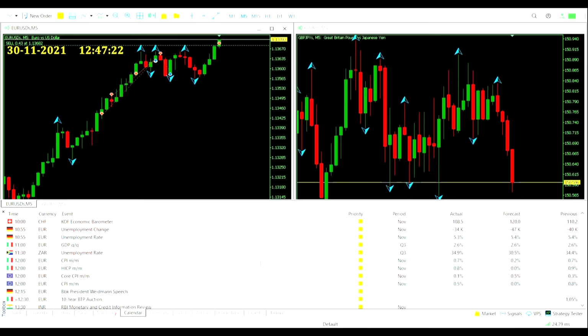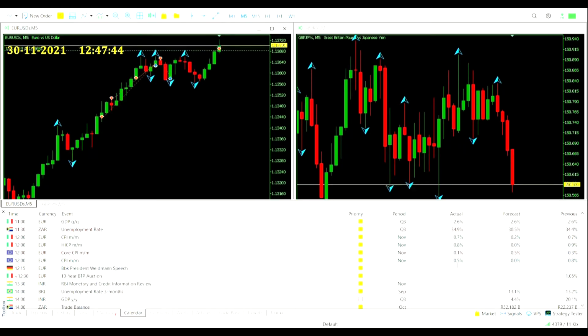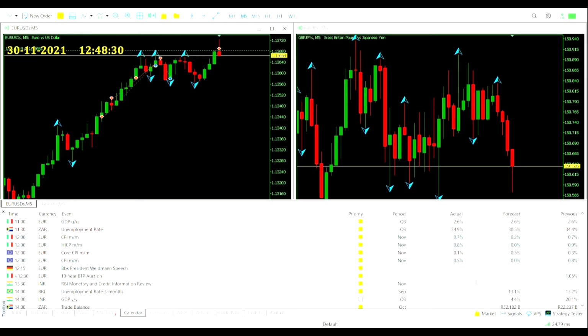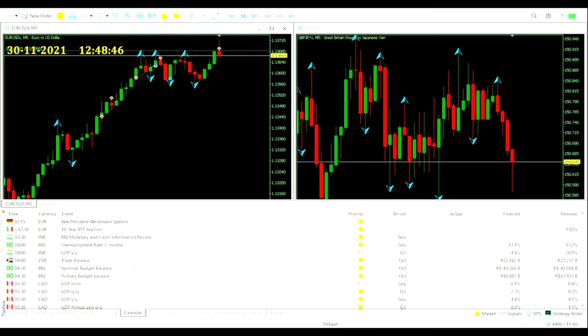CPI month on month from Italy, yeah, it did come in hot, 0.7% actual against 0.2% forecast. Not much of a surprise there. And the CPI month on month from the Eurozone, that was 0.5% actual against the flat forecast 0.0%. So a miss there for Italy and a miss for the Eurozone. Core CPI in the Eurozone month on month, that was 0.1% against 0.5%. So possibly food and energy making up a portion of that CPI. But still not ideal figures when you've still got a year at least of no interest rates on the Eurozone. That's according to Christine Lagarde at least. Things can change, of course, in that length of time. Those are all the European numbers done, and nothing now really of interest for us until 3:30 when we get